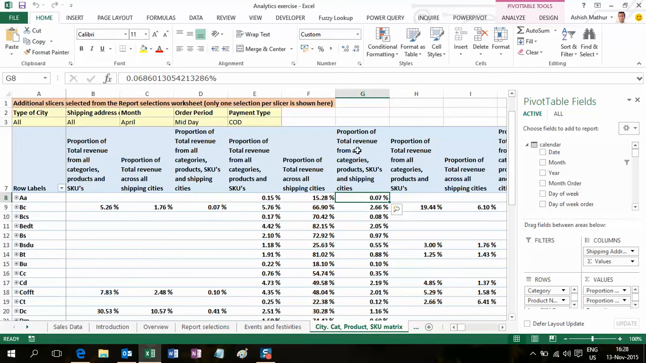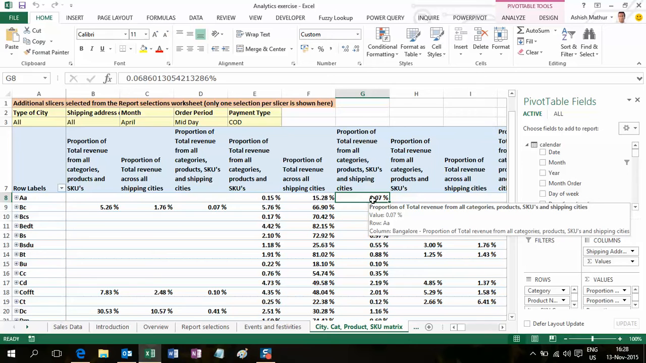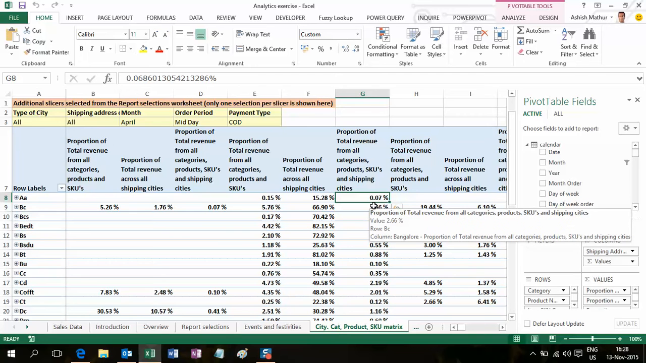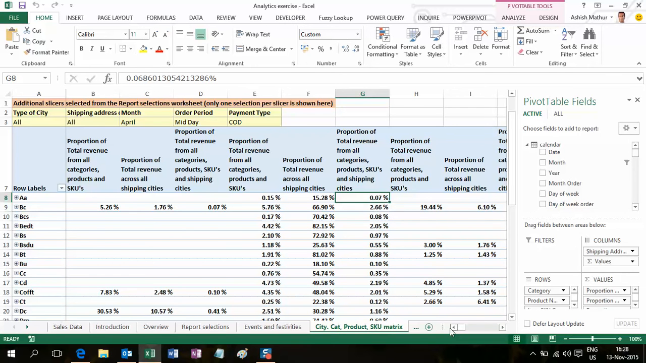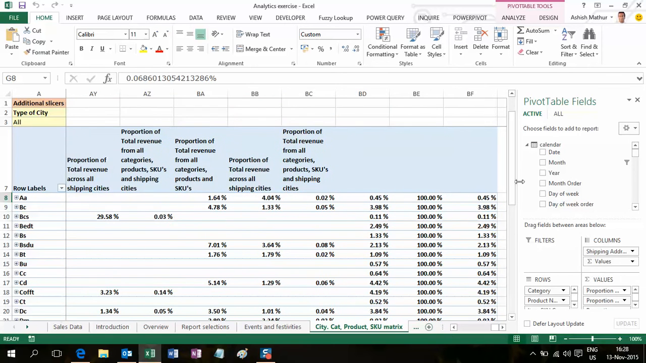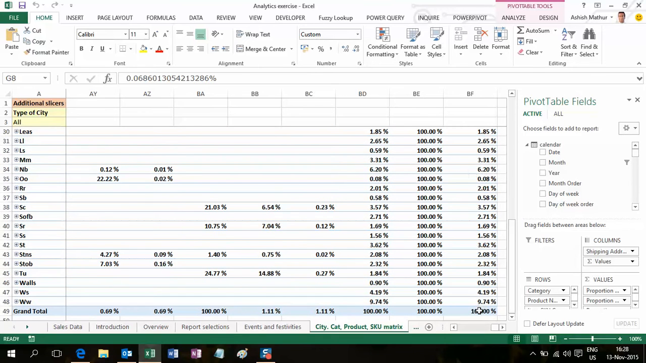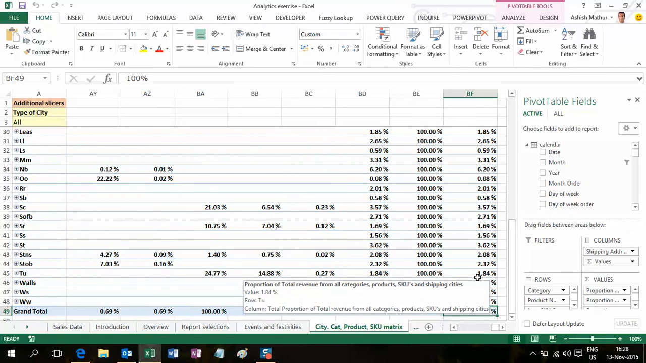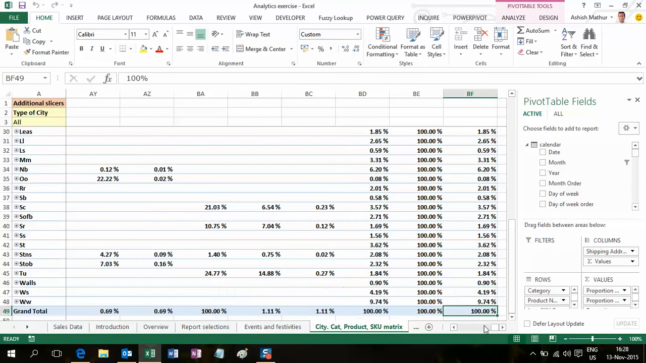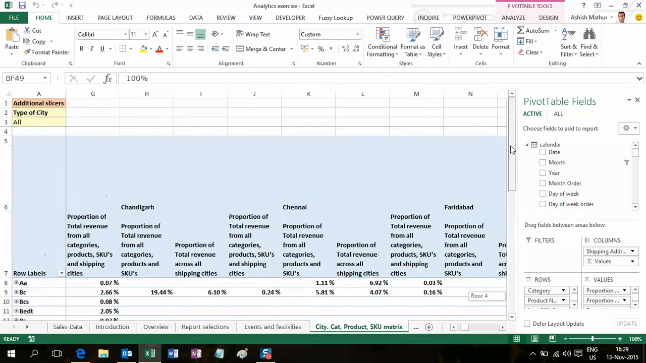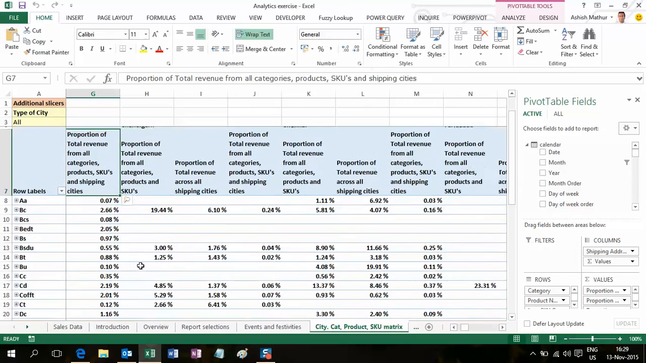Last but not least, coming back to the Bangalore example itself, proportion of total revenue from all categories, products, and SKUs and shipping cities. So this would tell me that if I look at the entire basket, including all categories, products, SKUs, and cities, 0.07% of the revenue came from Bangalore. So if I go to the bottom right hand side figure of this pivot table, assuming that this entire basket is worth 100%, what was the proportion that I got from Bangalore for that specific category, right? So the very first field over here for Bangalore,